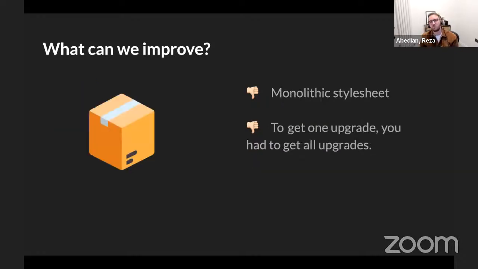We also saw there was a desire for our users to have a more modular offering, so they could upgrade individual parts. Previously, to get a new style for a new HTML snippet, they had to upgrade the entire monolithic style sheet and take all of the changes in at once. Breaking our offering up into separate NPM modules, versioning those independently, gave us the flexibility to release modules at different rates and for our users to be able to upgrade iteratively.